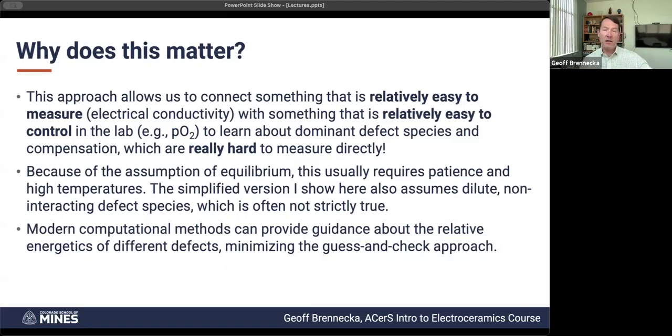So you can also go through a lot of computational methods. So this could be density functional theory, DFT. It could be just looking in JANAF tables to look at what formation energies are for different defect states. All of these can provide a little bit more guidance about what is probably more or less likely in different scenarios. So you don't have to just guess and check, but at the same time, if you don't have data or if you don't have the computational tools, you can write down in a notebook what are the 5 most likely defects and what are their PO2 dependencies going to be. That can really help narrow down the options and then give you guidance moving forward. All right, so